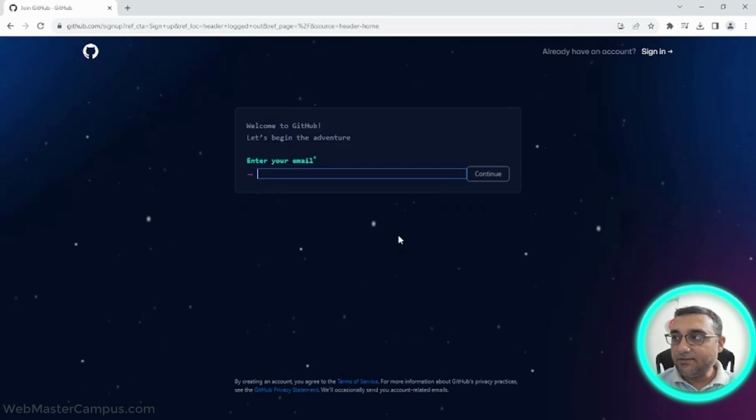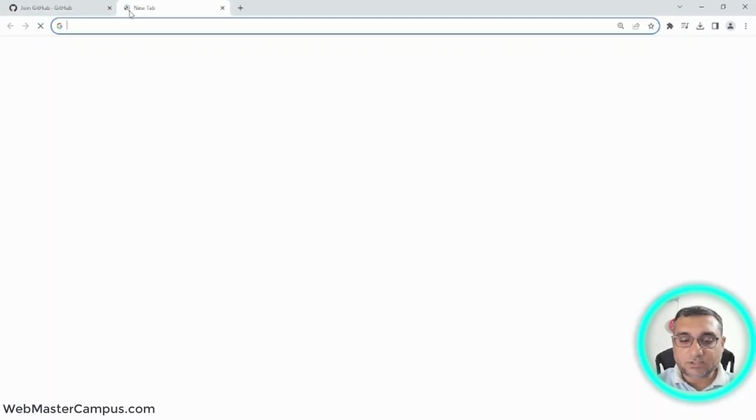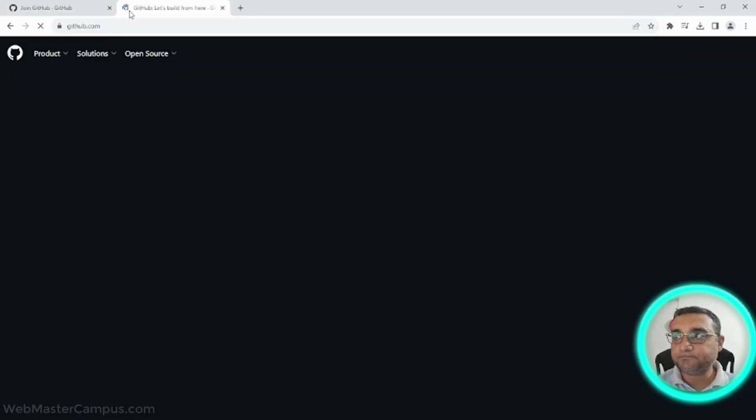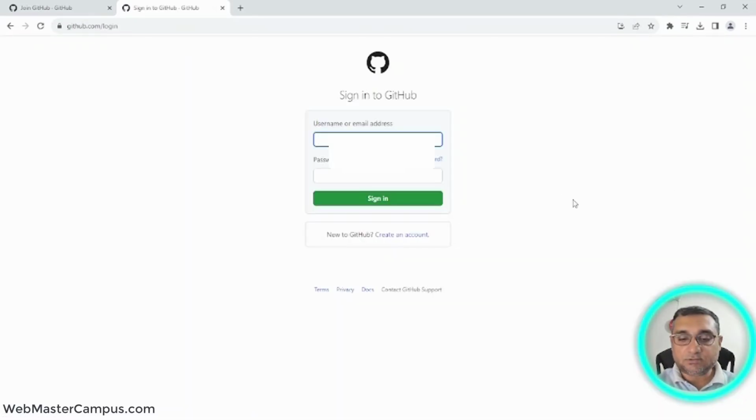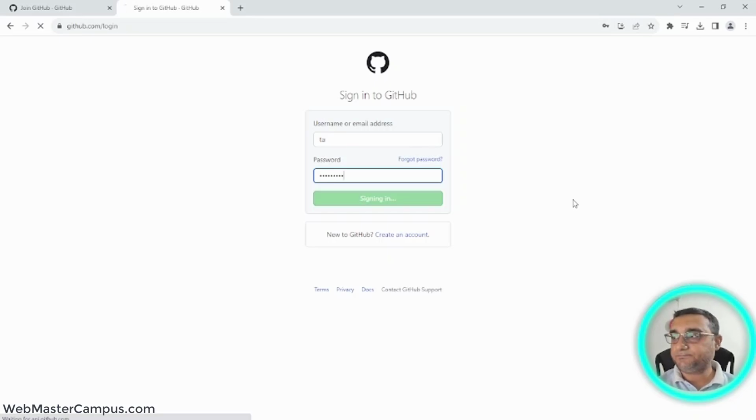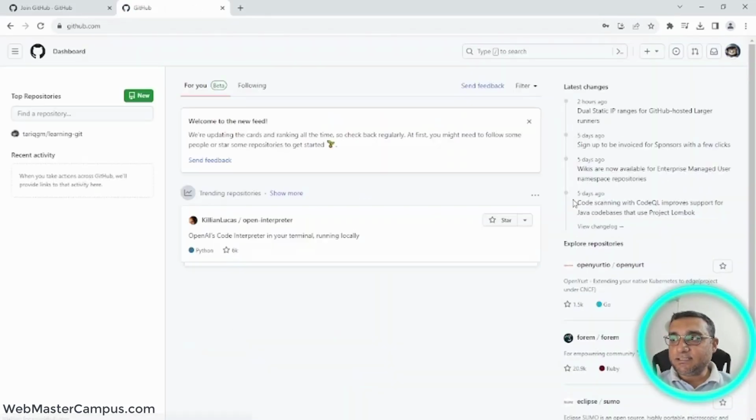I already have an account, so I'm not going to do this one. I'm going to GitHub login. Okay, just signing into my account, and that's my account. And this one, I'm going to write my password. Okay. So once I sign in, you can see I have a dashboard, and in this dashboard on the left